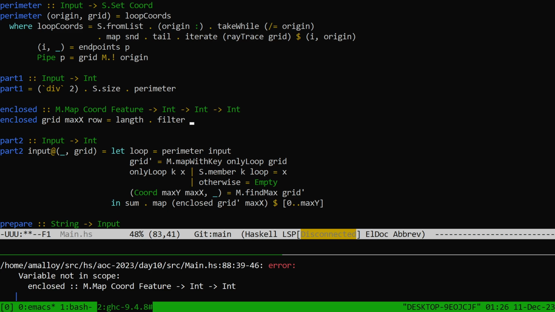Filter both odd. scanl update. No, let's call it parity. scanl parity of (0, 0), composed also with map